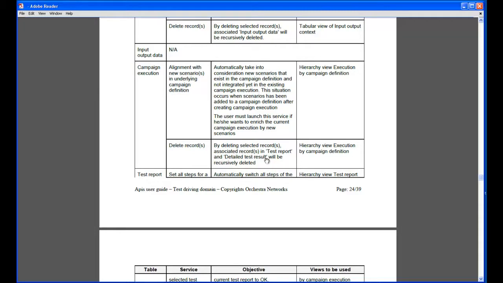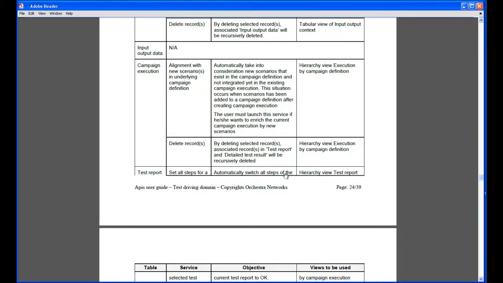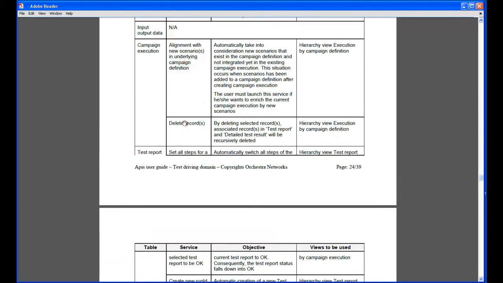We can delete record of campaign execution. As I said, a set of very important integrity constraints are enforced to be sure that we never delete a campaign execution that is not fully